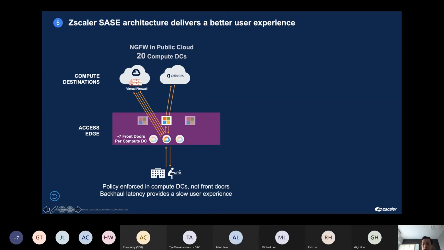So for example, if you have 50 offices globally, in many cases your users are probably sending traffic to something called an edge data center, which is more like a routing hub. And in order to get their traffic scanned and processed, the traffic actually needs to go to another centralized data center, which in some cases they call a compute destination or computing data center, to process the traffic and go back to the edge data center before the traffic can actually be sent to the destination and users. And this will introduce a lot of additional latency.